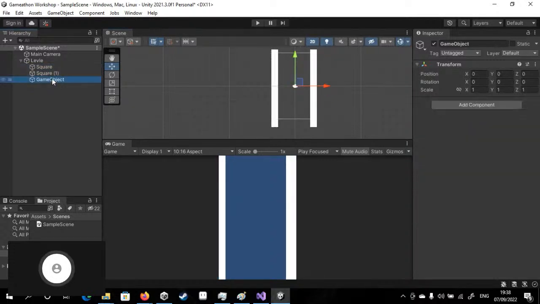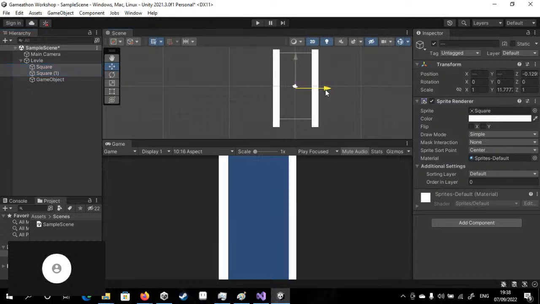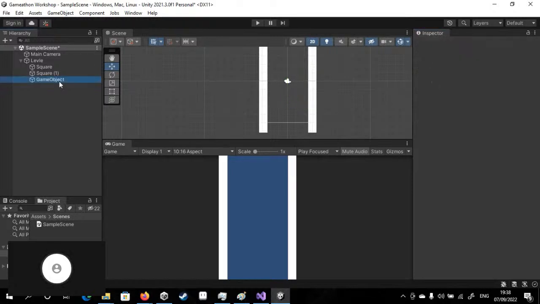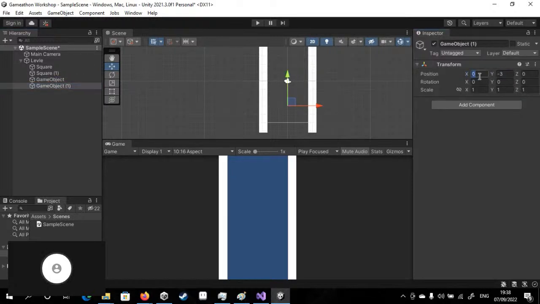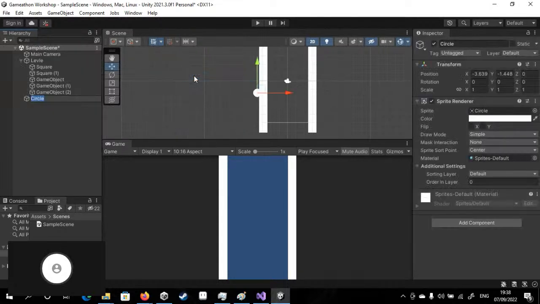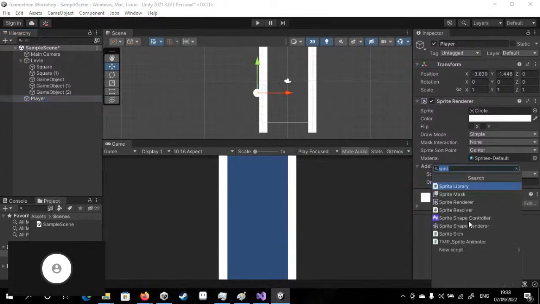Okay, so we're going to say -3 again, then 1.5, and then another -1.5. Okay, and then we're going to create our player object. So 2D, circle. Okay, then we're going to say